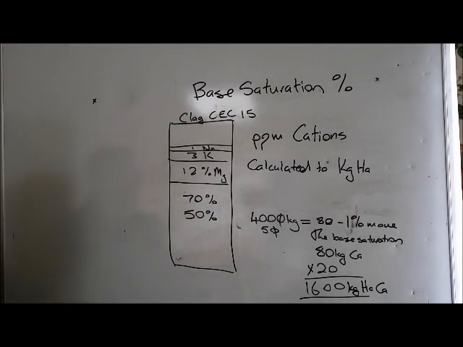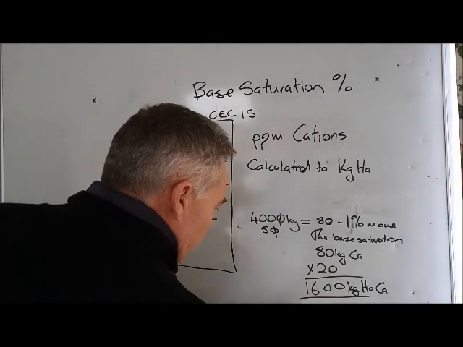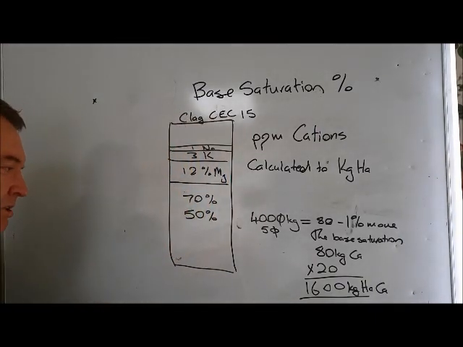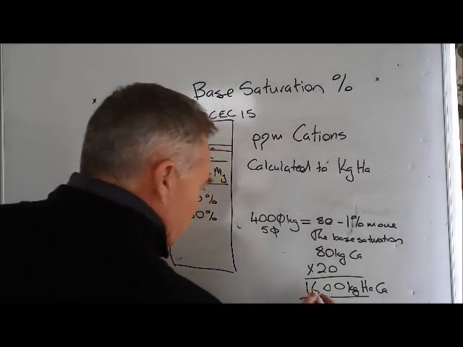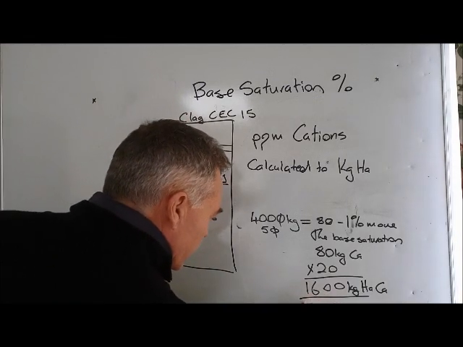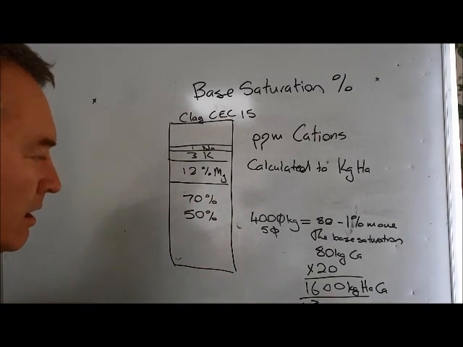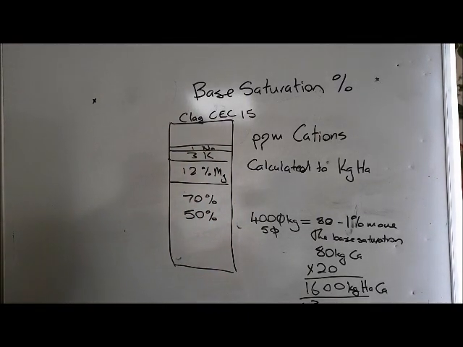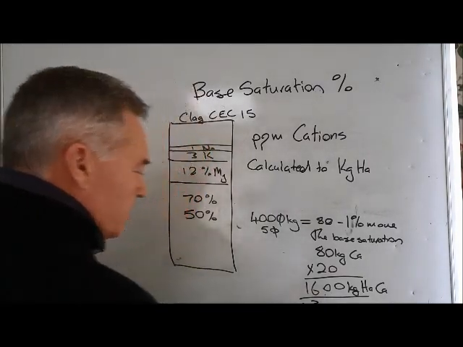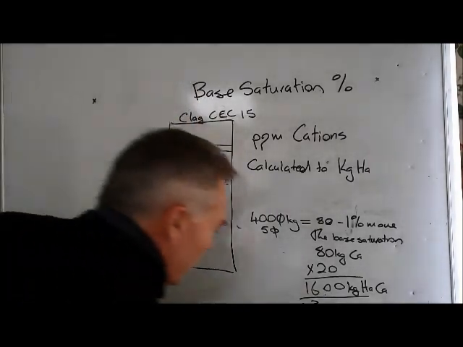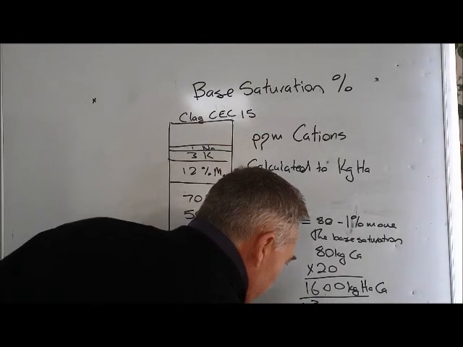Now, if we're looking at a high quality limestone, limestone's around 30%, 33% actual calcium. So we're going to times that by 3 to actually get the actual amount of limestone. Because for every 1 kilogram of limestone, you're getting 330 grams. Or for every ton of limestone, you're getting 330 kilos. So all we need to do is take the kilograms per hectare and times it up by 3, and we get 4,800 kilograms